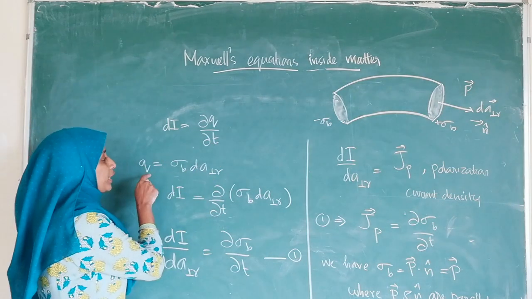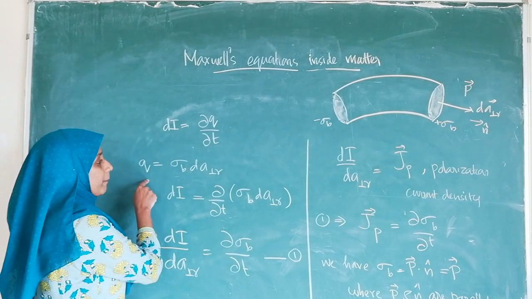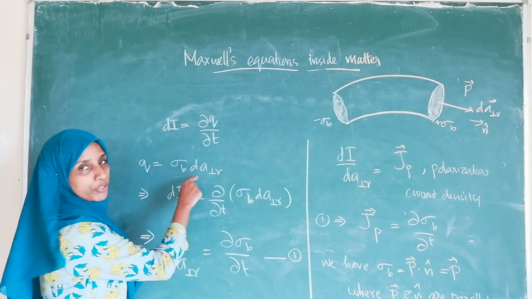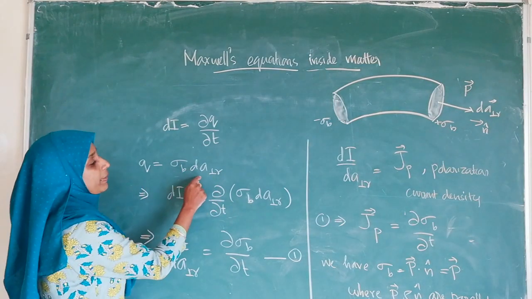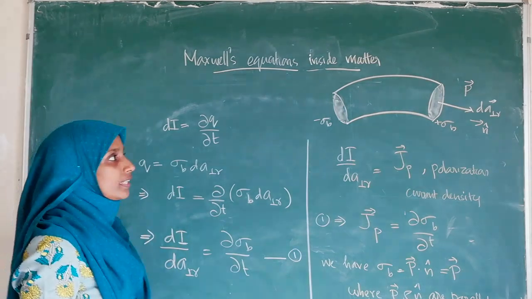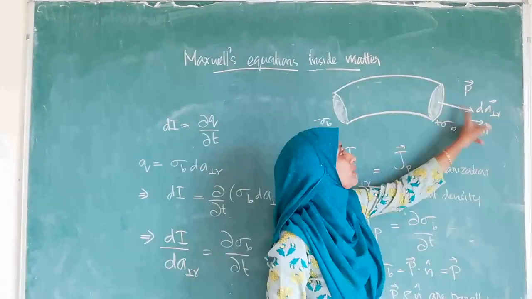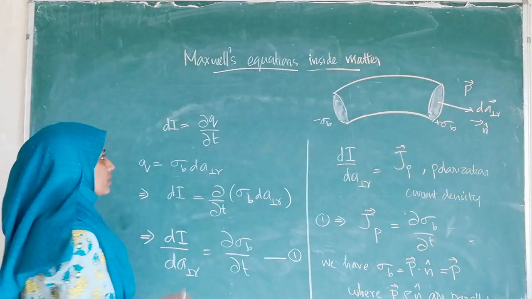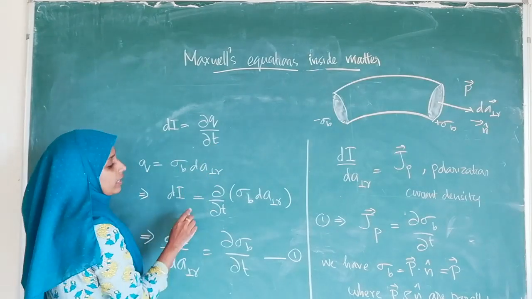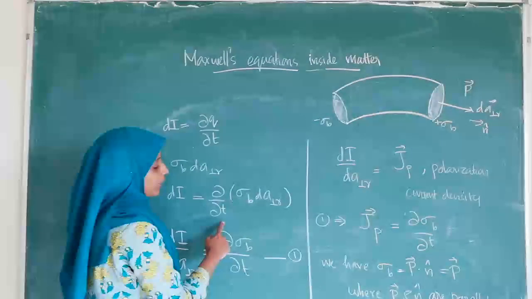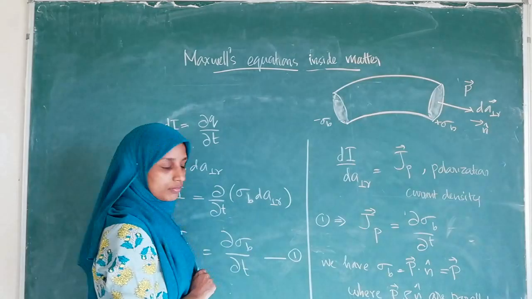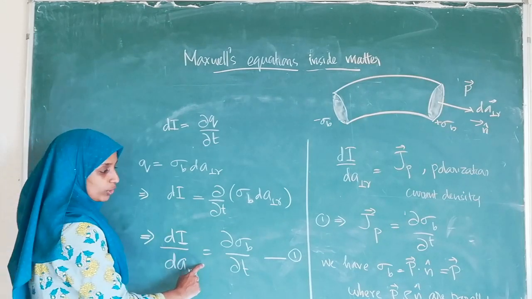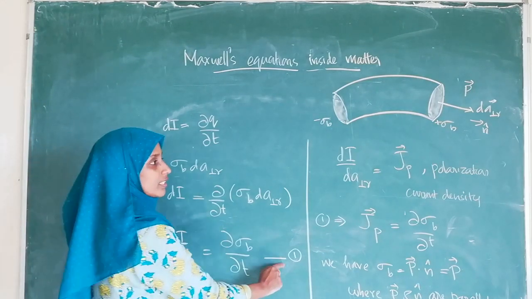Then we can represent the charge in terms of the surface charge sigma B and the area of cross section. dQ is equal to sigma B dA perpendicular. That is, dA perpendicular is the normal to the surface element and sigma B is the quantity of surface charge. So substituting this Q in this dI, this will be equal to dou by dou t of sigma B dA perpendicular. That is, by rearranging, dI by dA perpendicular is equal to dou sigma B by dou t, which is given as equation number